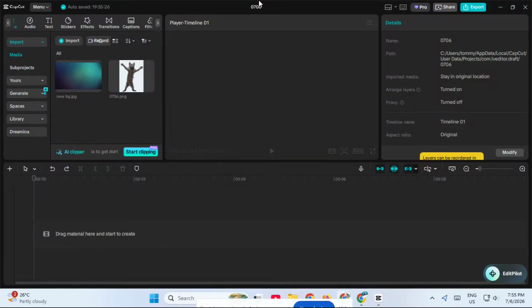In this video, I'm going to show you how to change a photo background in CapCut on your PC, step by step, in a simple and beginner-friendly way. This is a great trick if you want to make your photo look cleaner, more professional, or just more creative by placing it over a new image or video background. Whether you're making content for YouTube, social media, thumbnails, or personal projects, this method can save you a lot of